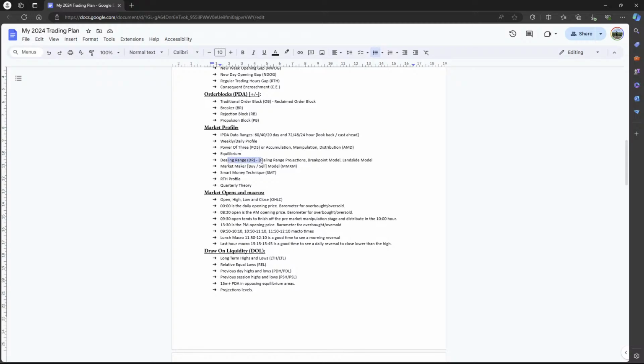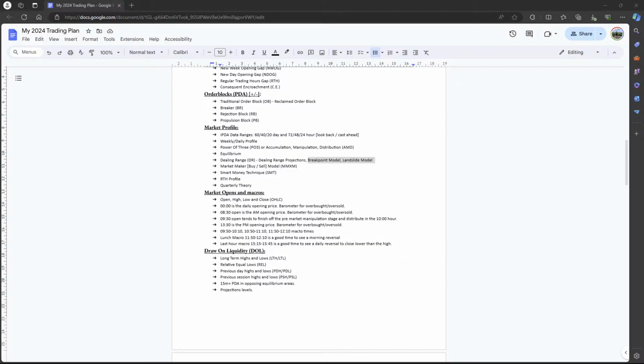Then I look for equilibrium, where premium and discount is. The dealing range. So this is like if the London session made a buy side or sell side run, I'm going to trade within that, or wherever the dealing range is. That dealing range is a range that took out sell side and buy side. And so you want to trade within those and project those, because you're going to have a breakpoint or landslide condition, which is, if I bring that up real quick,